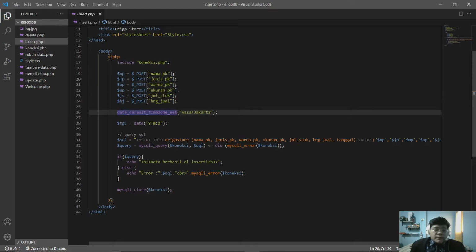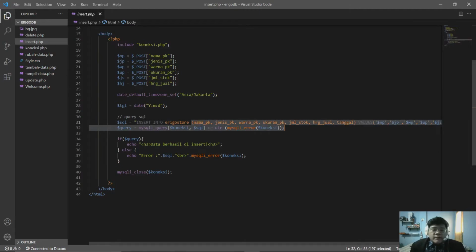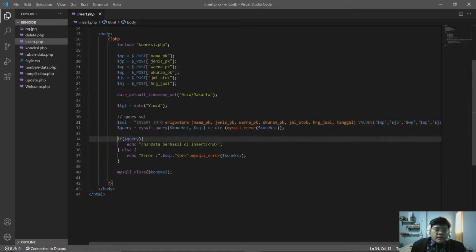The default time zone is set to Asia/Jakarta. This is the SQL query that inserts into our table names, and this is the variable that we insert. If the data is successful, this will print, and if it fails, this will display the error.